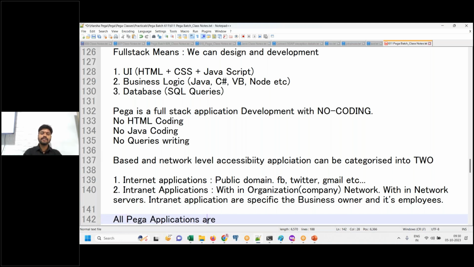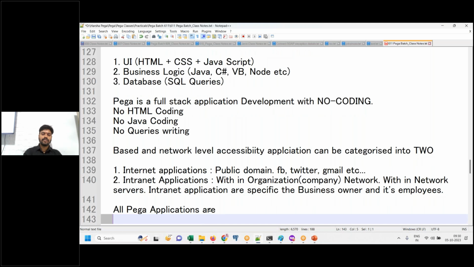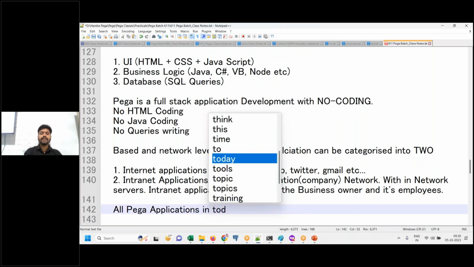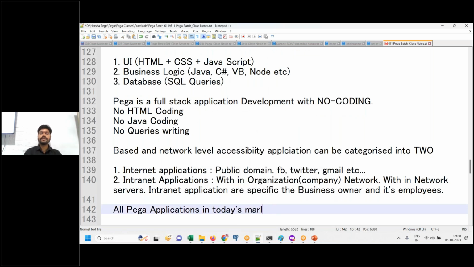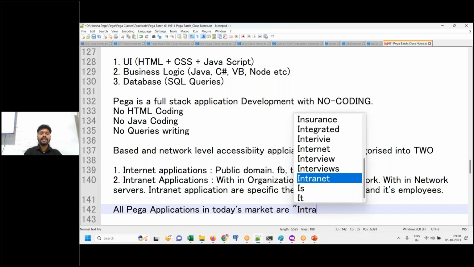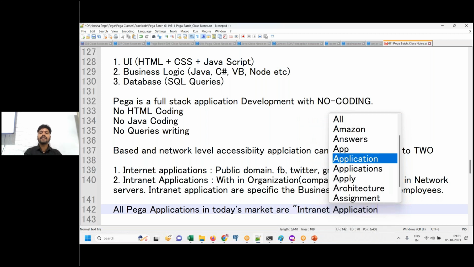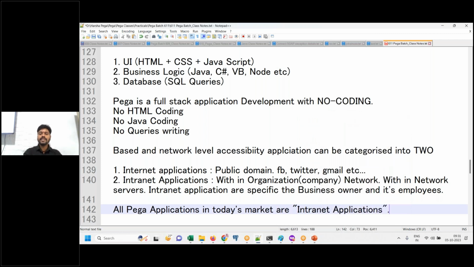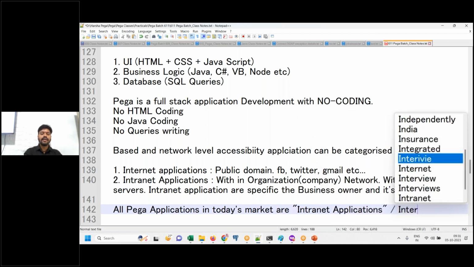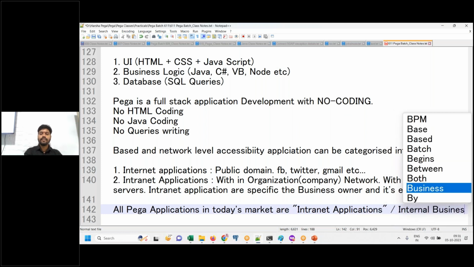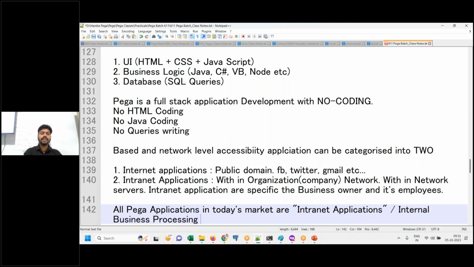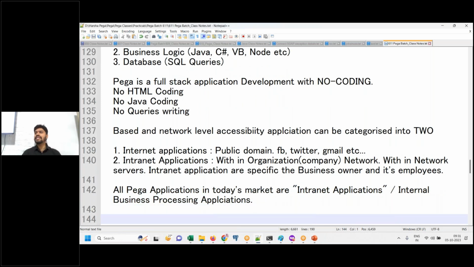are all intranet applications, internal business processing applications, like loan processing applications,